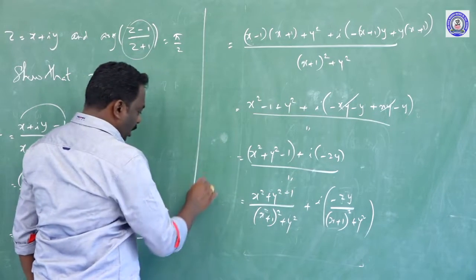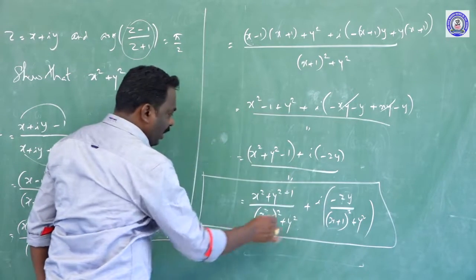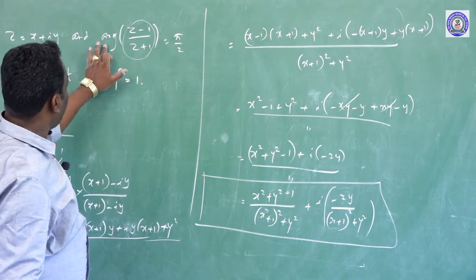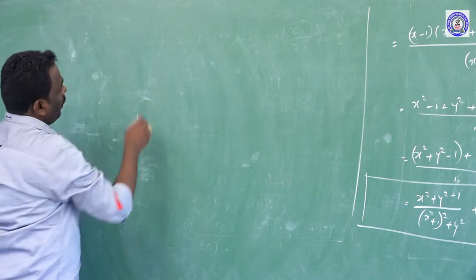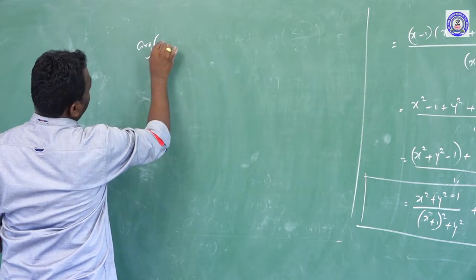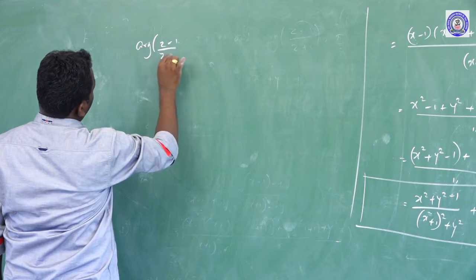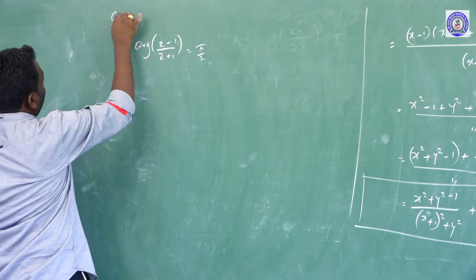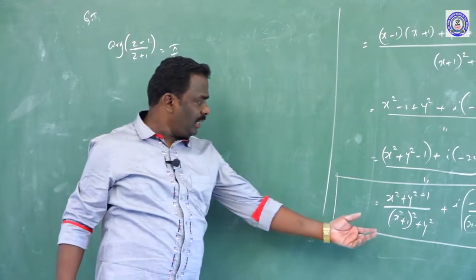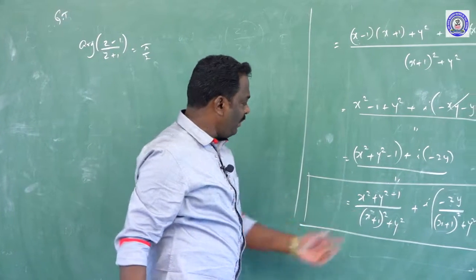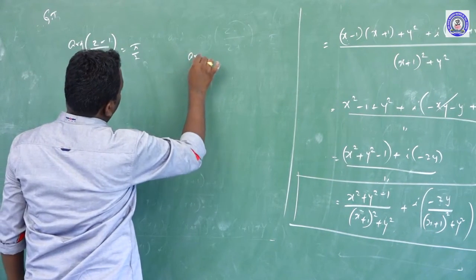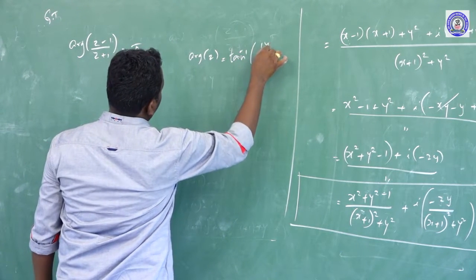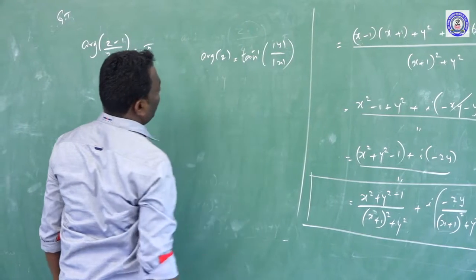That is the given complex number in rectangular form, with a real term and an imaginary term. Now what we want to find is the argument of z equal to 90 degrees. Therefore the argument of (z minus 1) by (z plus 1) is equal to pi by 2, as given in the equation. Now comparing with the last equation, what is the meaning of argument of z? The argument of z is tan inverse of modulus of y by modulus of x, that is the argument formula.